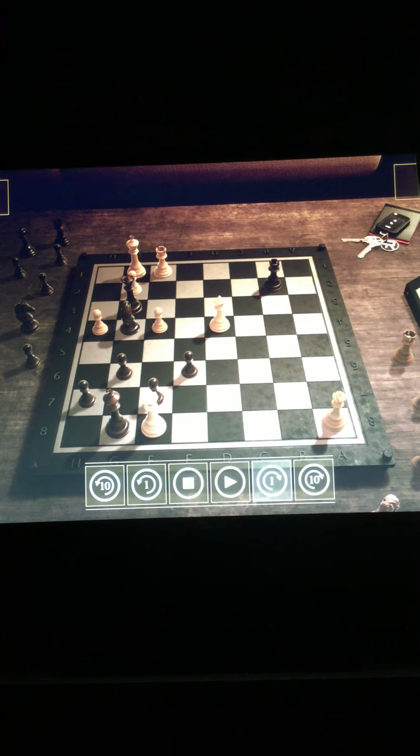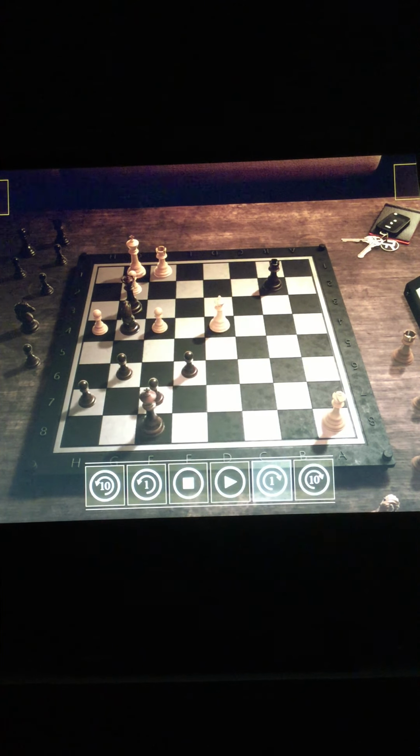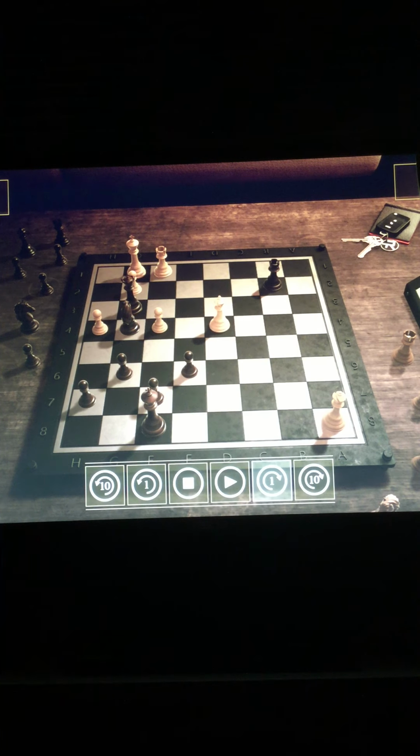So again, it's just like I said. The computer knows that he's just about to be checkmated. And so he's just doing any type of move to have me not make those checkmate moves, even if it involves sacrificing his queen. So my king takes his queen on f8. The computer moves his bishop to c5, putting me in check. I move my king to g8,